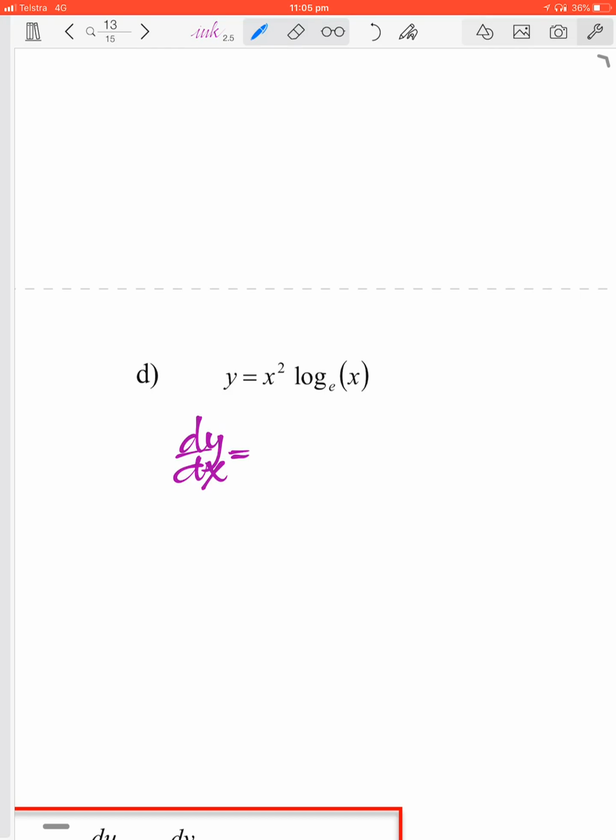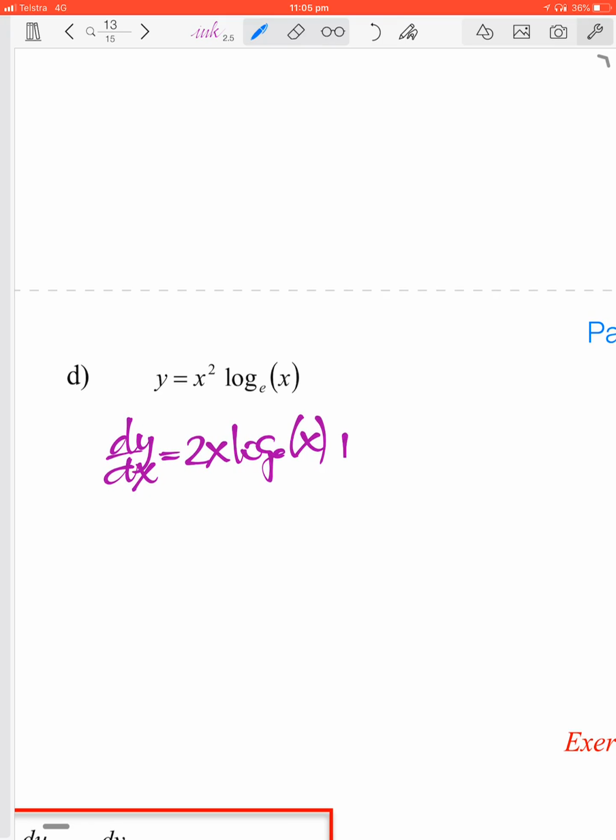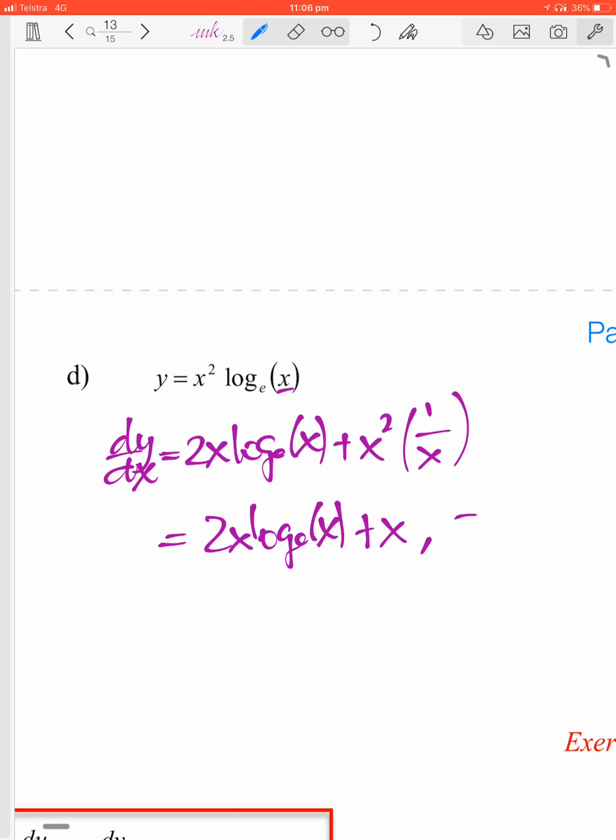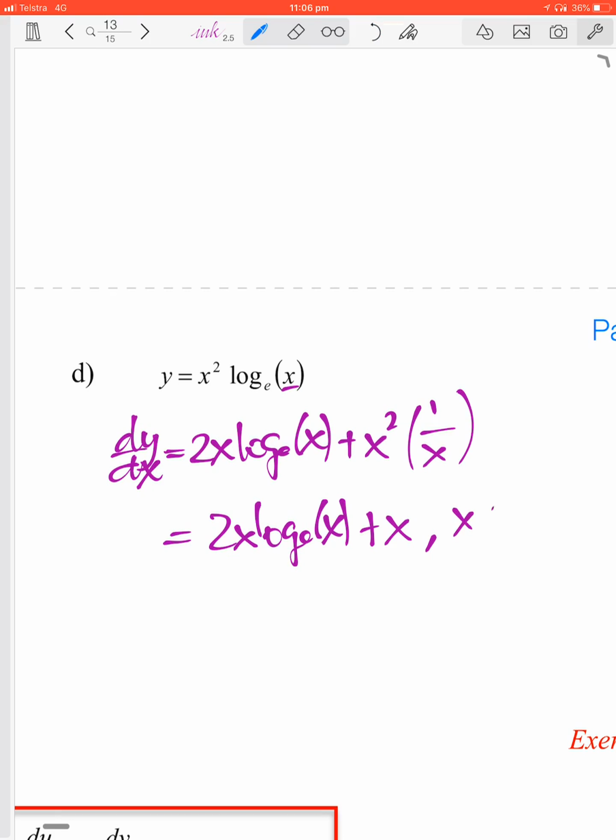Okay, this one here, dy/dx, let's derive that. We get 2x and leave that alone, log x. Then leave the x squared alone and derive log x. Now we know it's the derivative of the bracket, which is 1, on the bracket, which is x. So you get 2x log x, and then plus x squared on x is just x,